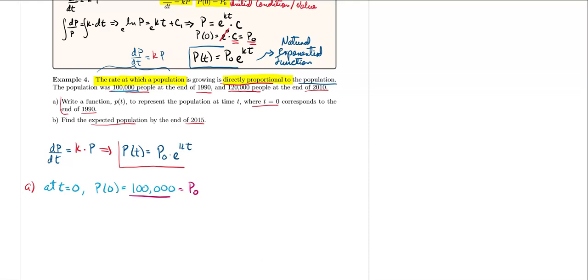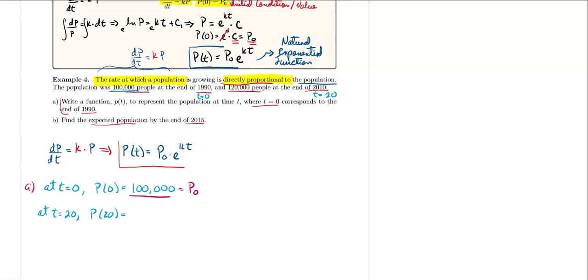I'll just highlight this one here. 1990 was t equal to 0, and 2010 is 20 years after 1990. So 2010 corresponds to t equals 20, and that's what I'm going to use right now. At t equals 20, aka the year 2010, P of 20 is going to be equal to,